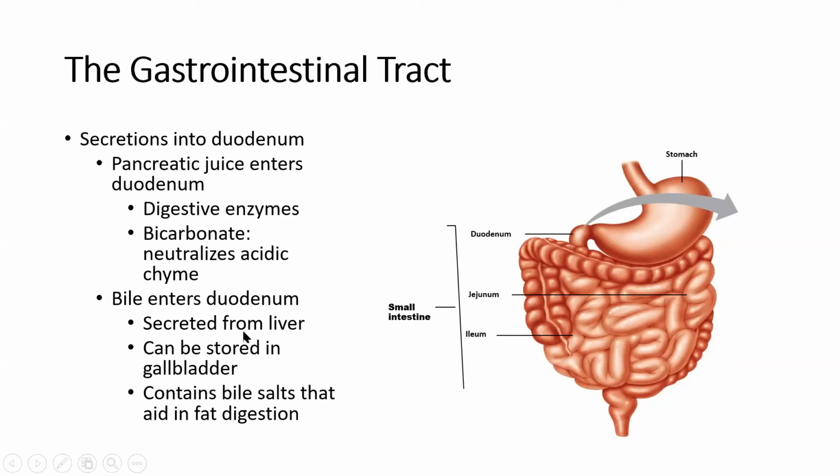We also have bile. So bile is coming into the duodenum from the gallbladder. So bile is made in the liver, but it's being secreted from the liver and stored in the gallbladder until we have a meal that requires bile. And then those bile salts can begin to digest fats in the small intestine. So upon having a fat-heavy meal or a meal that has lots of fat in it, the gallbladder will begin to contract and will release that bile into the duodenum so that it can begin to emulsify fats. We'll talk about the function of how bile acts on fats later on, but bile is emulsifying or breaking